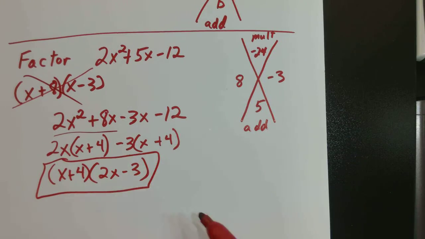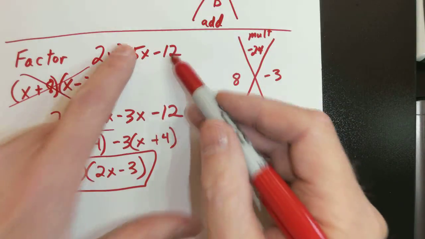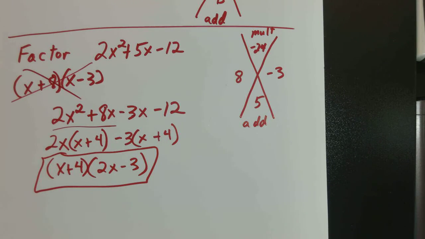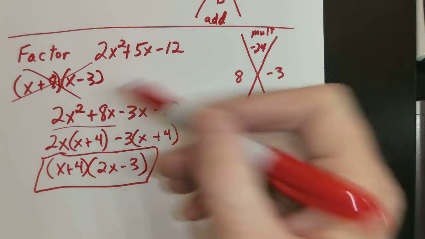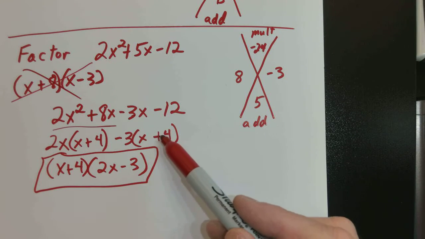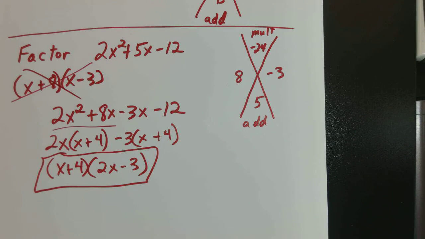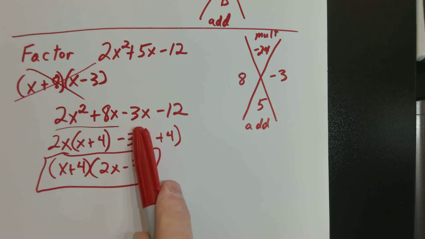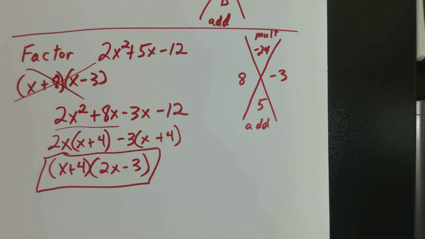Okay. Now, if you can go from there to there, if you have good guessing techniques or something, that's okay with me. I'm just telling you right here, you do this, as long as you find this and know how to do grouping, you're going to get directly to it. All right? Any questions there? Everybody understands what the 8 and negative 3 are for? Okay. So let me have you try